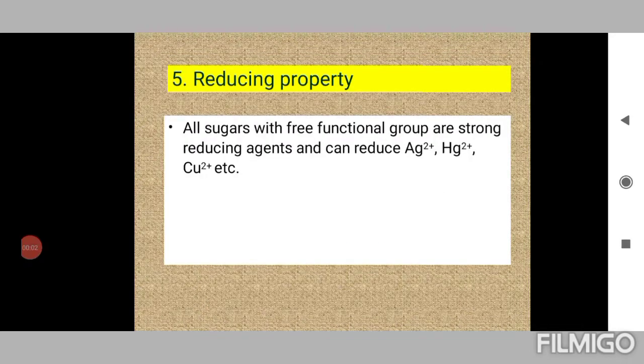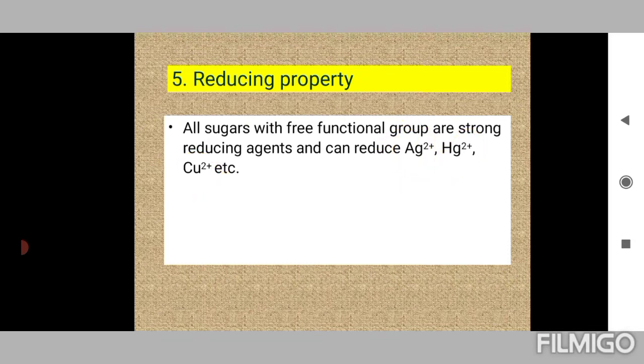And now we can discuss the reducing property exhibited by monosaccharides and most of the disaccharides also, except for disaccharides like sucrose or trehalose, which do not have free functional groups. Generally all sugars with free functional groups act as strong reducing agents, and they can reduce ions like Ag2+, Hg2+, or copper2+, etc. Now what we use is dilute alkali containing compounds which can release these ions, Ag2+ or Hg2+ or copper2+,